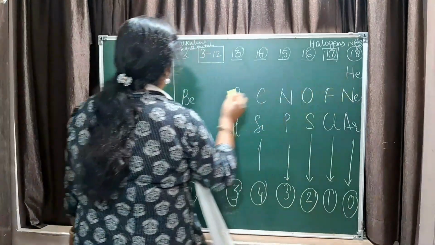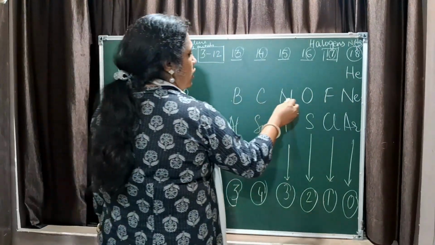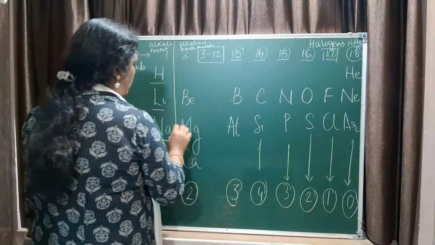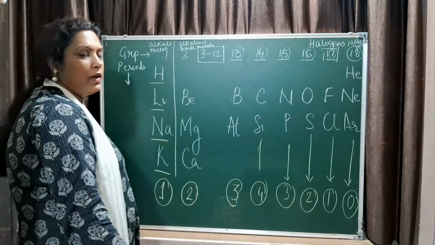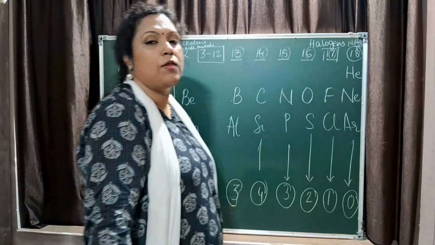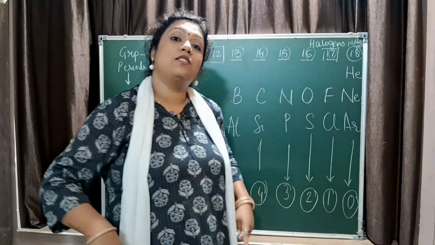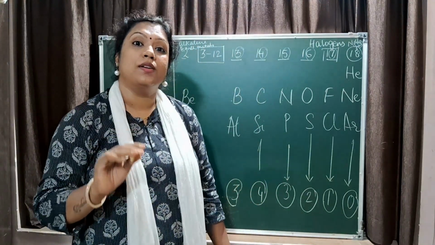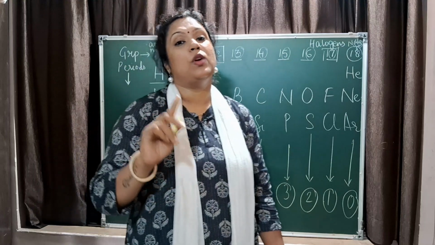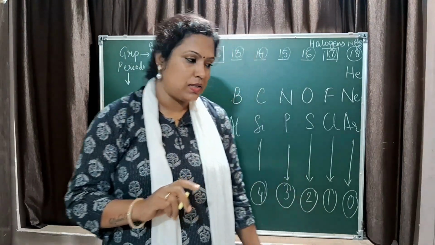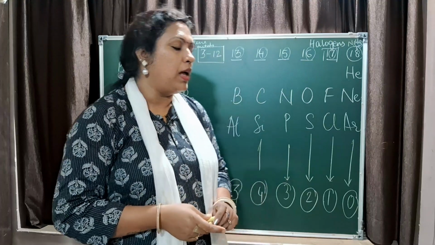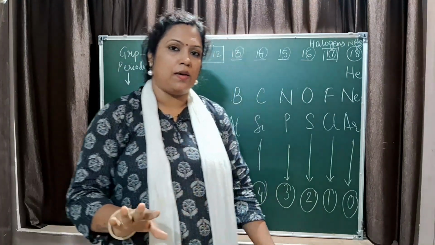1, 0, 1, 2, 3, 4, 3, 2, 1, 0, 1, 2, 3, 4, 3, 2, 1, 0, 1, 2, right. So this is the valency. Valency is very much required for you to learn. Reason is you can form formula on the basis of valency. How is that possible? I will give you one example, then the last question, and we will end up the